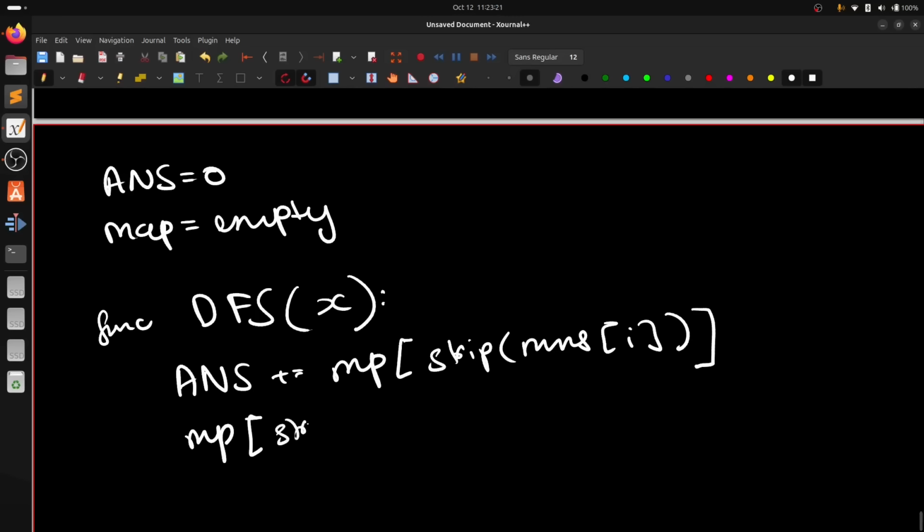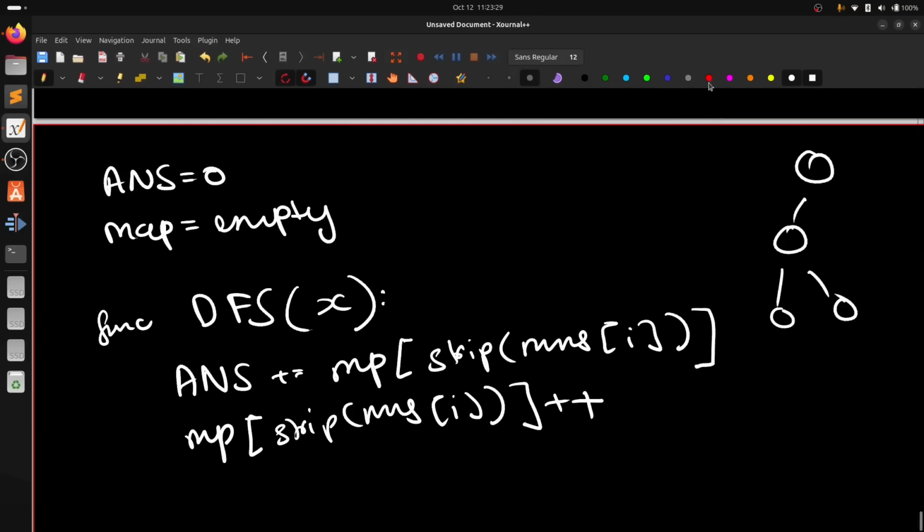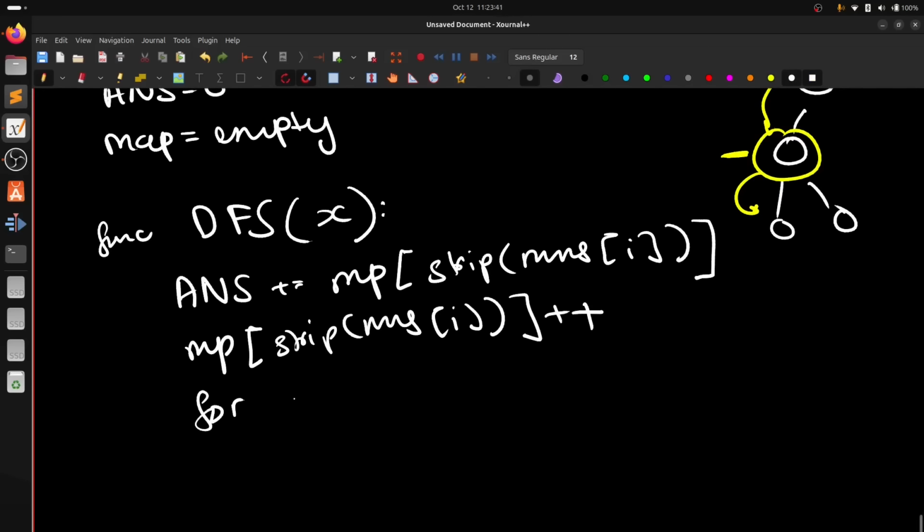So we can say that map of strip of nums I plus plus, just so that when we come to the children of this node, right? For example, we're at this node right now, and when we go to its children, we know that this existed with this strip value, correct? Now for all adjacent unvisited nodes, those are my children, right? Or all adjacent nodes not equal to parent, it's a tree, right? So all adjacent nodes not equal to my parent,